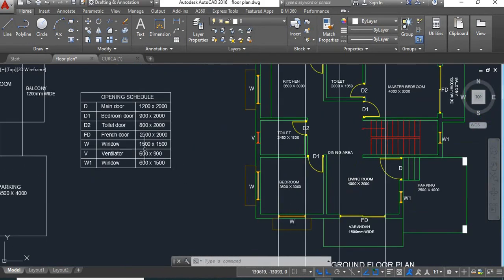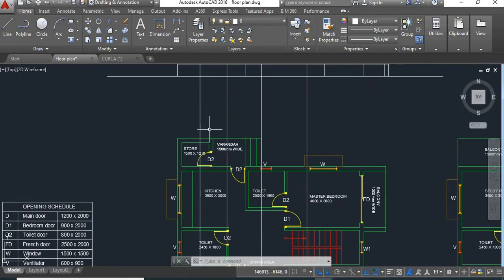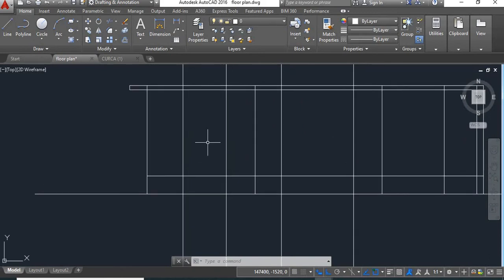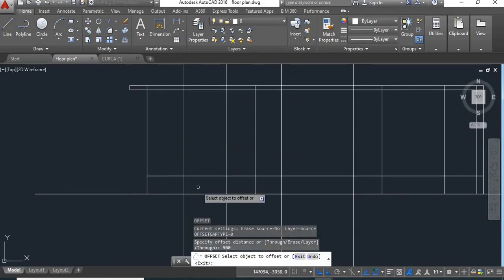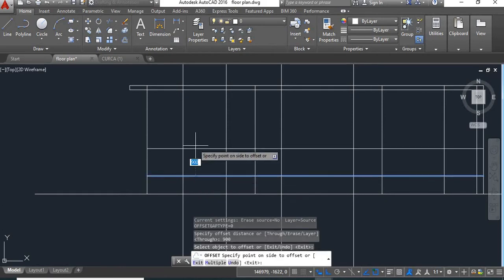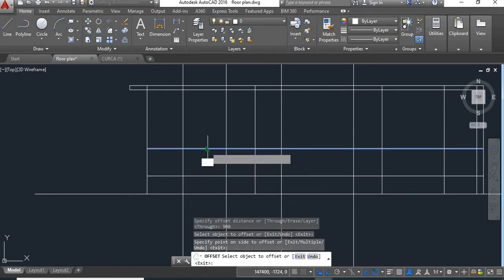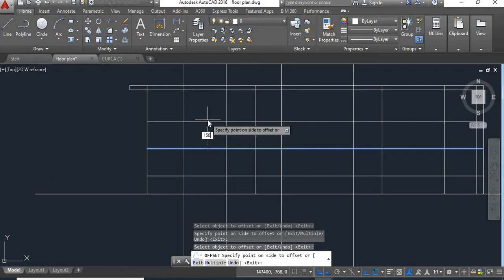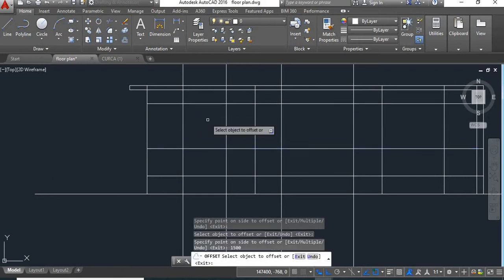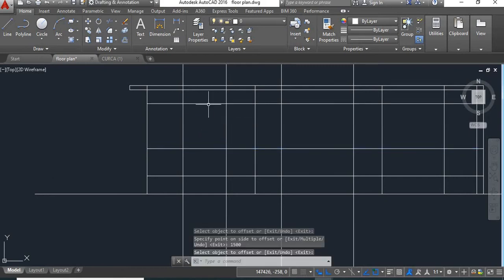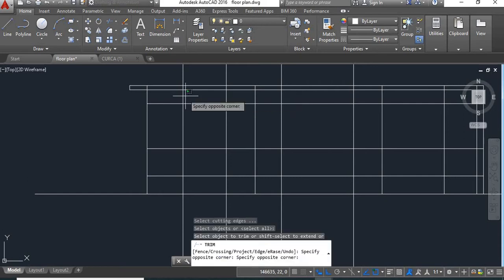Now here the window size is 1500 by 1500 mm and the French door size is 2500 by 2000. So here for window we'll take sill level. We'll take 900 from plinth, and from here we'll take height of 1500. Say enter. Now trim these lines.